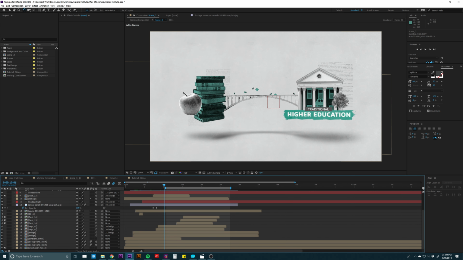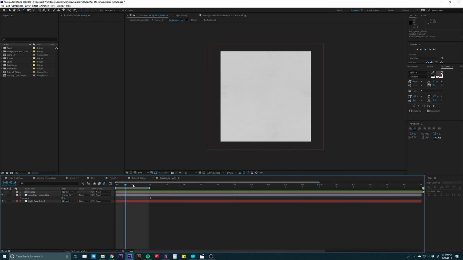So what I did was I took, let's go into, let's see, backgrounds. I can just look at it down here. So I have background main. I'm going to double click on that. And so you can see it's really just kind of a white background with a little bit of a texture to it. So there's this seamless,